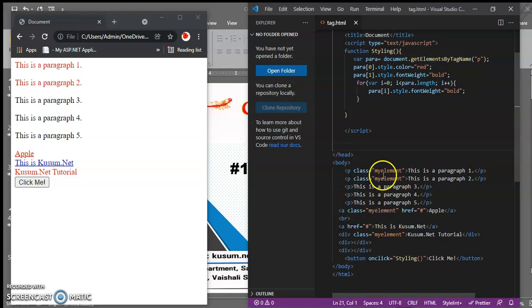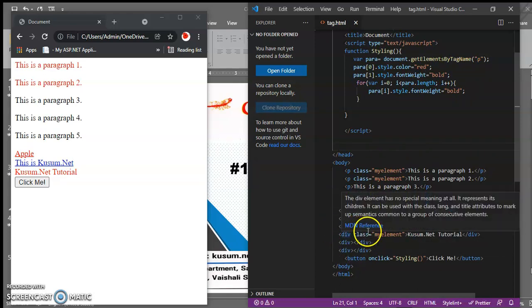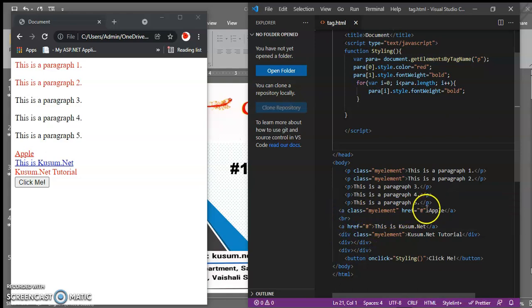Wherever I apply the class name, changes can be made using getElementsByClassName. In this link tag and this division tag I have also given the class name. So this division tag, this anchor tag, and this paragraph tag will be reflected using that class name. Let's see how to do it.